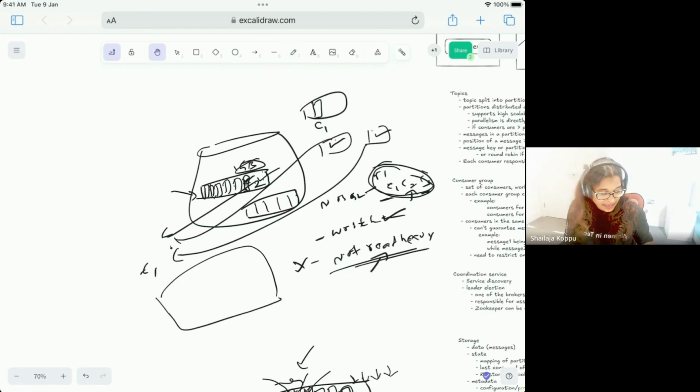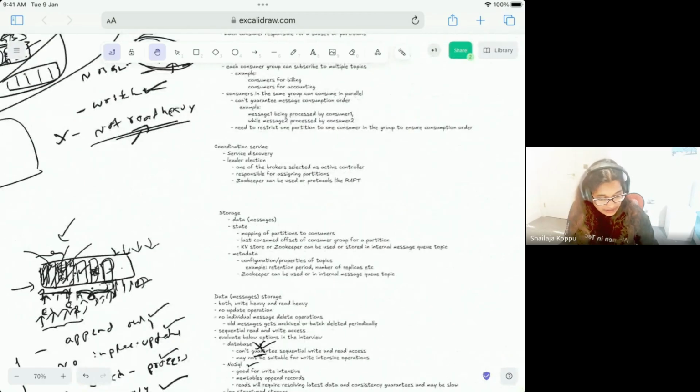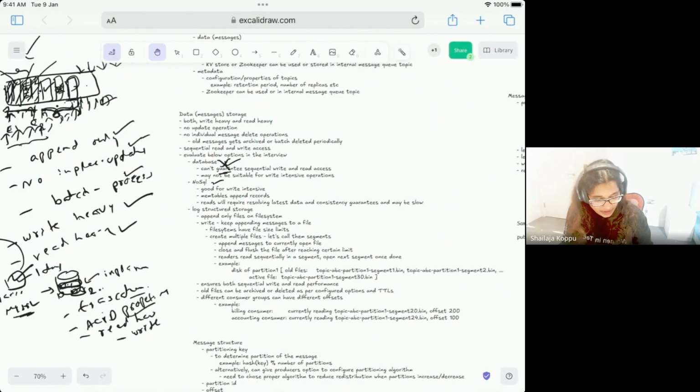Now we have evaluated both the database and NoSQL. We realized that both of them are not so suitable for us. But if you don't have an option, then we can go for a NoSQL database. Or if you're designing a system from scratch, and we don't have many users, then you can start with the NoSQL database because at least it's good for some number of users. And later you can upgrade to the customized design, but you can start the initial design with NoSQL.